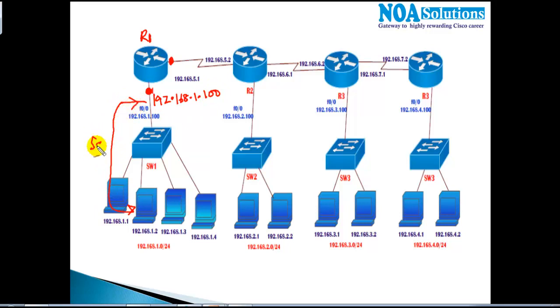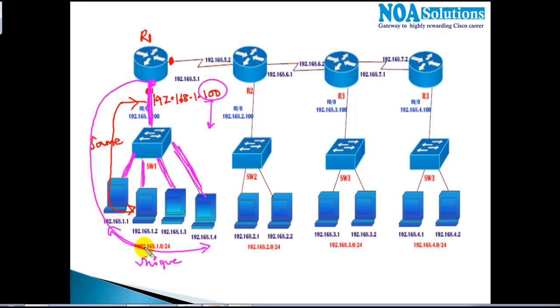Now these two must be on the same network. Same network means, if you just try to see here, this router is also one device connecting in the LAN, right? Just like a PC. Now we need to assign one IP address to this interface from the same network we are using in the LAN, and ensure that this IP you are not going to repeat in the LAN. So it should be unique within the LAN. IP should be unique, but these all must be in the same network.